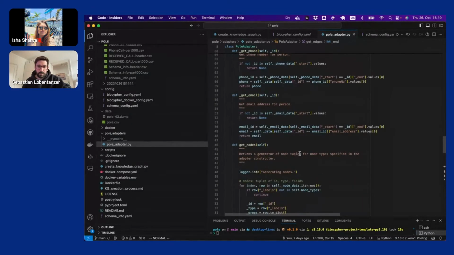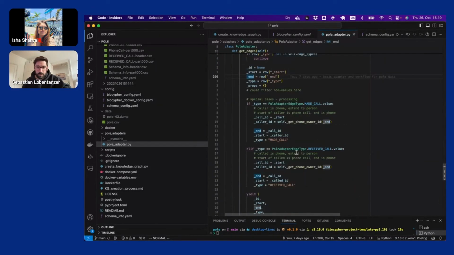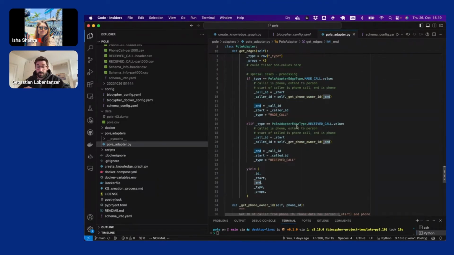And we can do some more complex stuff. For example, we could abstract away the telephones. In the original poll dataset that Neo4j uses, we have a telephone number which is owned by a person, and the telephone receives calls or makes calls. I didn't want to have that in this database, so I made a simple function to just get the phone number projected onto the person that owns it and remove the phone node, so that the call, either someone made a call or received a call, goes from the person directly to the phone call and not through the telephone number.